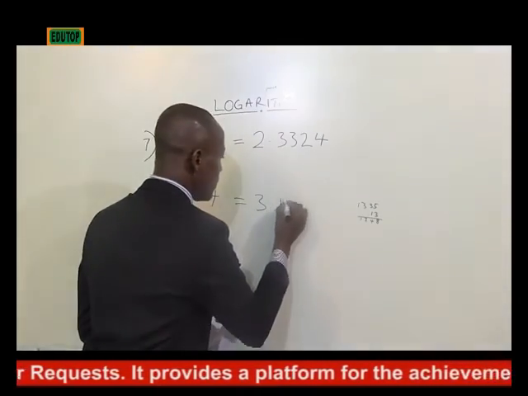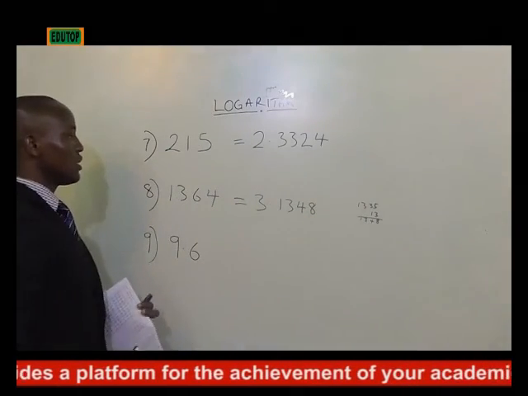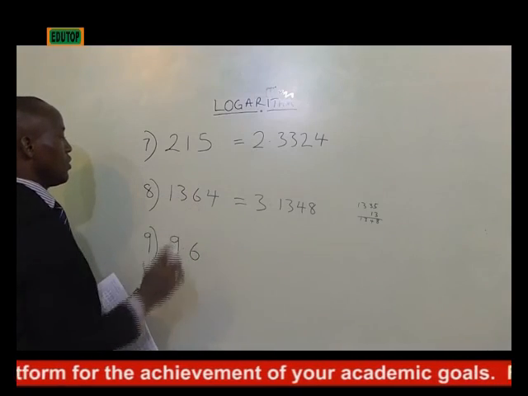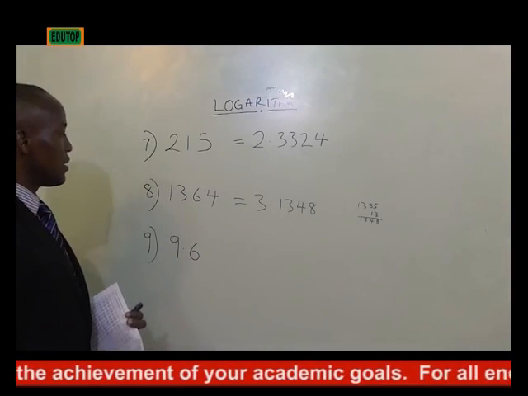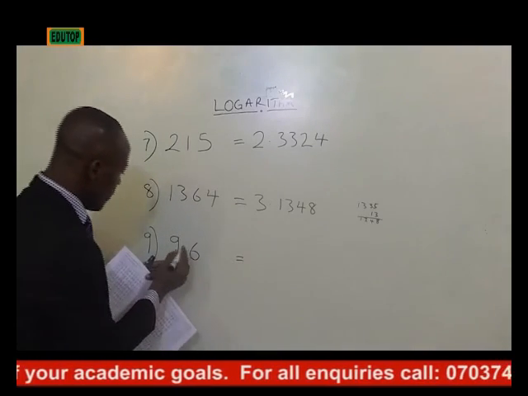So that's 1339, which is the logarithm value of 1364. Now we come to this. The numbers that we have